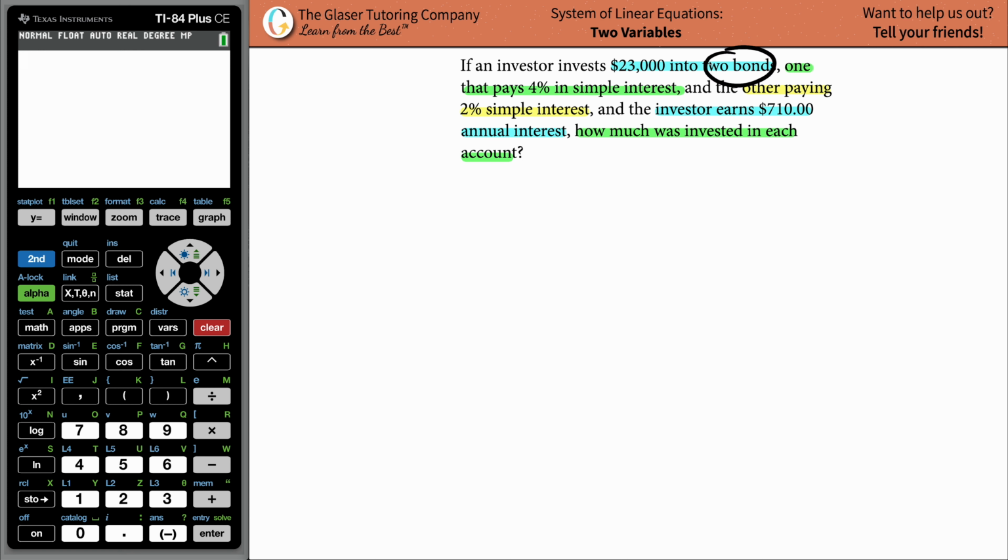Keep in mind that there was two total accounts. These bonds, they're saying bonds and then they're saying accounts. It's kind of like tomato, tomato, all right? So,